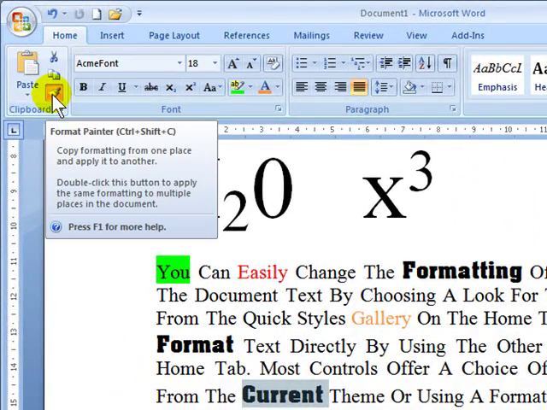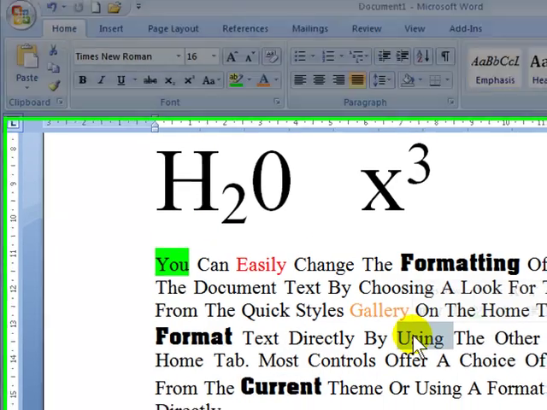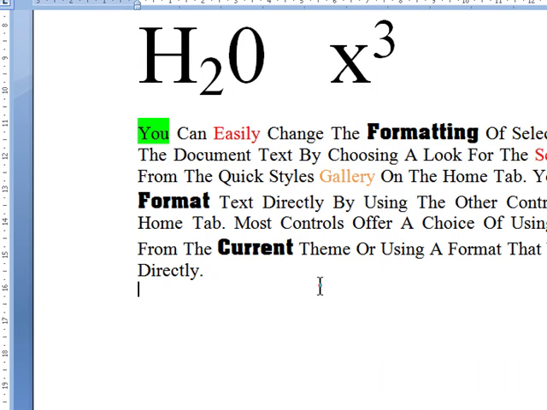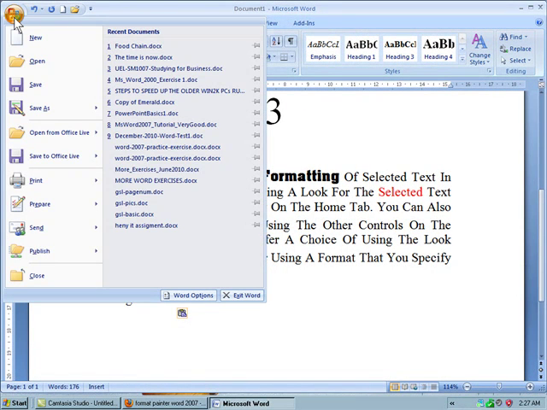So let me just unselect the format painter, and now double click. I can go right click, copy, there's a copy icon, and then I can right click and paste. Okay, there's a shortcut to this, which is basically Control C and then Control V for copy and paste. Well, how do I know that? If I go to